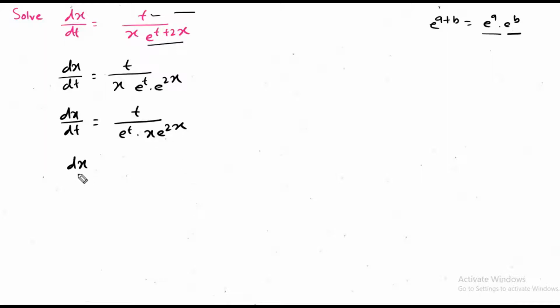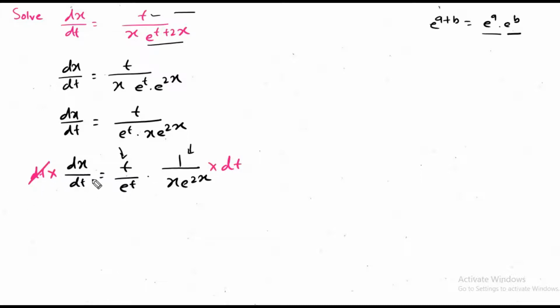Also simplify this equation. dx by dt is equal to t by e to the power t into 1 by x e to the power 2x. Okay, now we need to separate the function which depends upon t and the function which depends upon x. So we can multiply by dt on both sides. If we multiply dt on both sides,